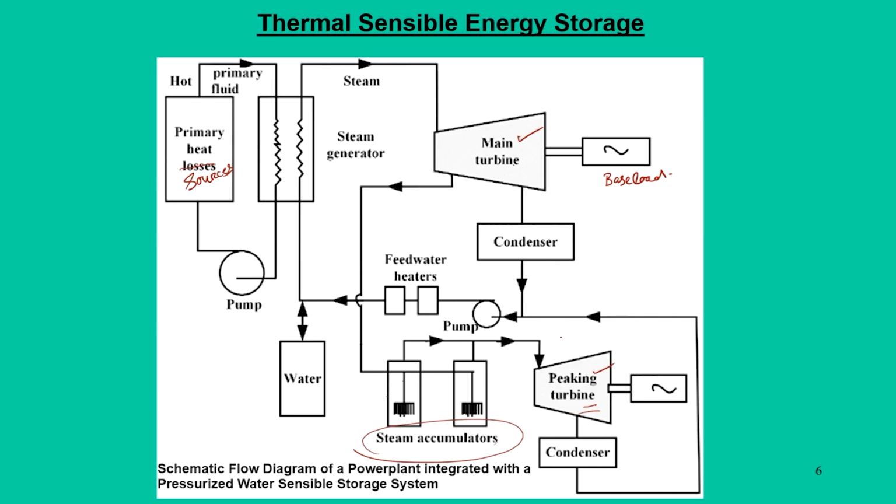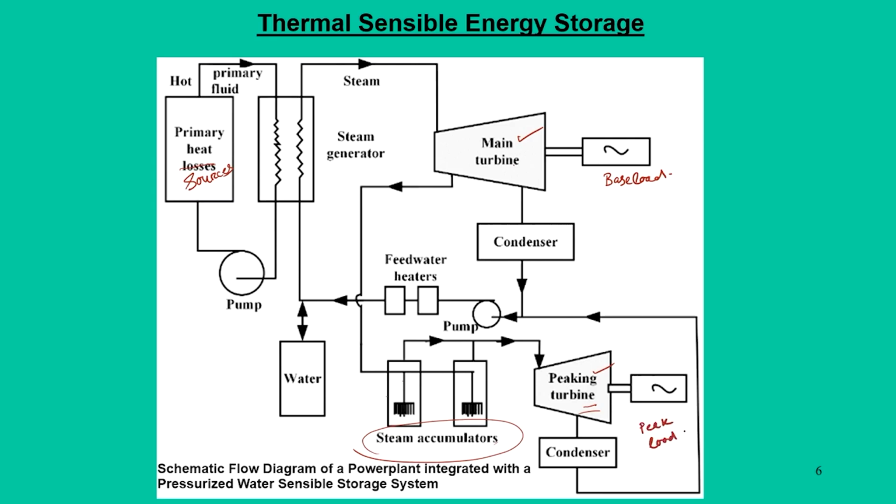So, these two turbines are to be operated separately, because this peaking turbine works on saturated vapor, because that expands in the turbine, whereas in the main turbine we can have superheated steam. So, during the demand hours, the steam that is stored in that manner gets pumped back to the peaking turbine to generate power,